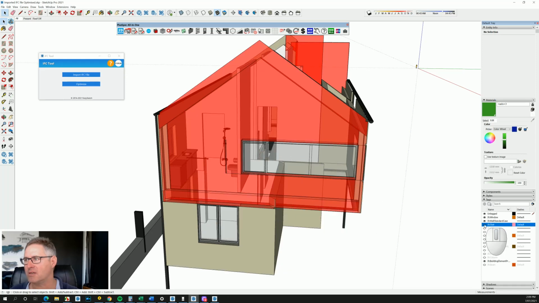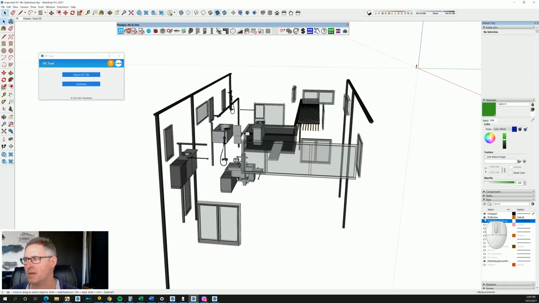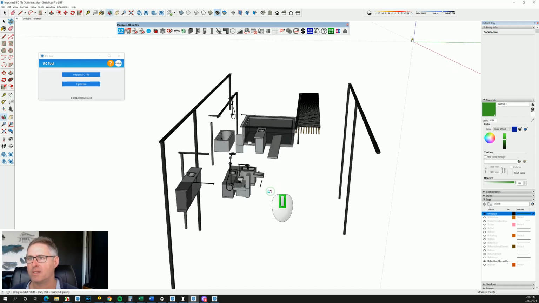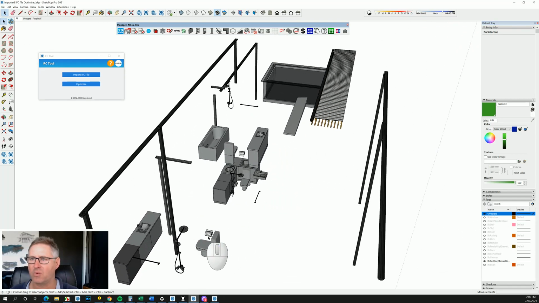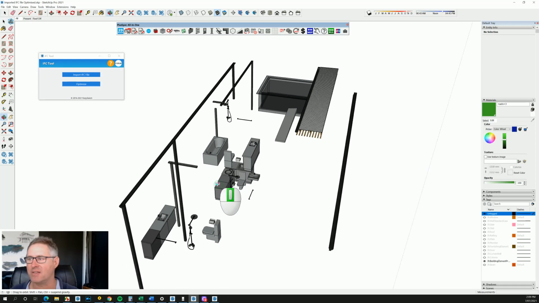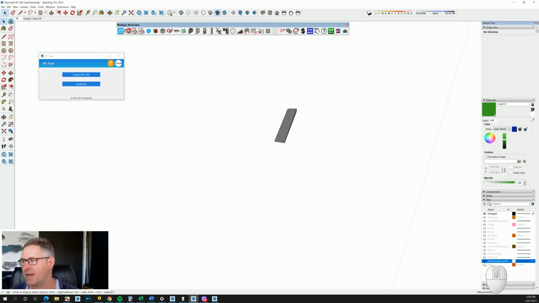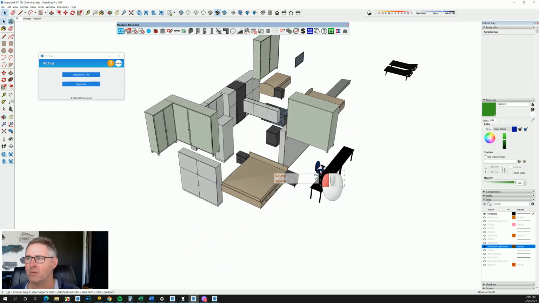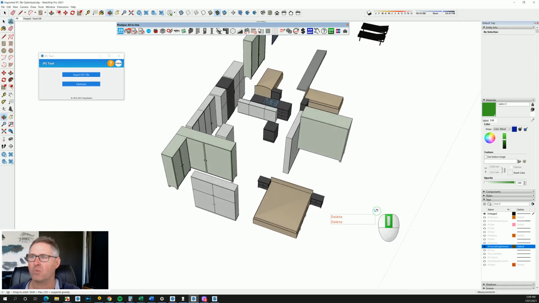Because essentially you're making your computer do more work, and you're making everything do a little bit more work. Right? I'm going to want to quantify all of this stuff here, so that's fine. I'm going to turn those off, and I'm going to turn furnishing elements on because, you know what, I'm not going to buy chairs for this particular job. I'm looking at it from a quoting purpose only. Wardrobes I might,